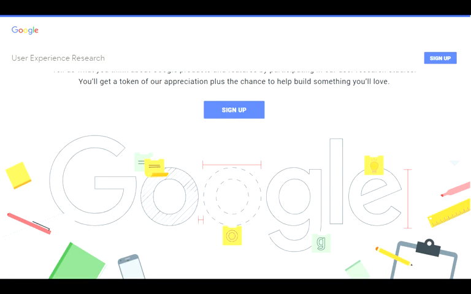Now, before I start the actual lecture or summary of the chapter, I would like to introduce you to a website called the User Experience Research website on Google. This particular project used to be called the Google Usability Lab. Its main mission is to study all the people using Google services and try to figure out the best way to design the interface or the application so that users have the highest satisfaction and Google can retain and use the user information